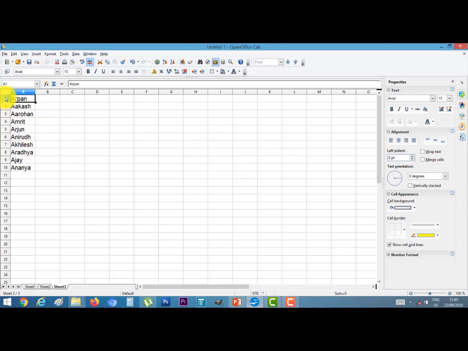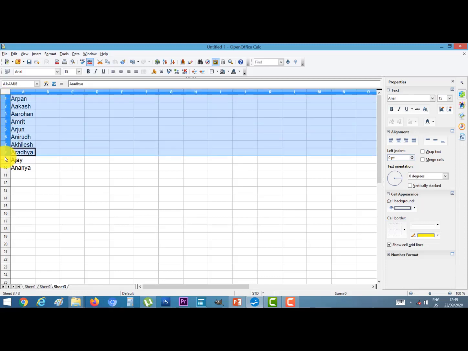For this, select all the names. Now click on A to Z for ascending order. Click on this. Our names are arranged in ascending order: Akash, Arohan, Ajay, Akhilesh, Amrit, Ananya.